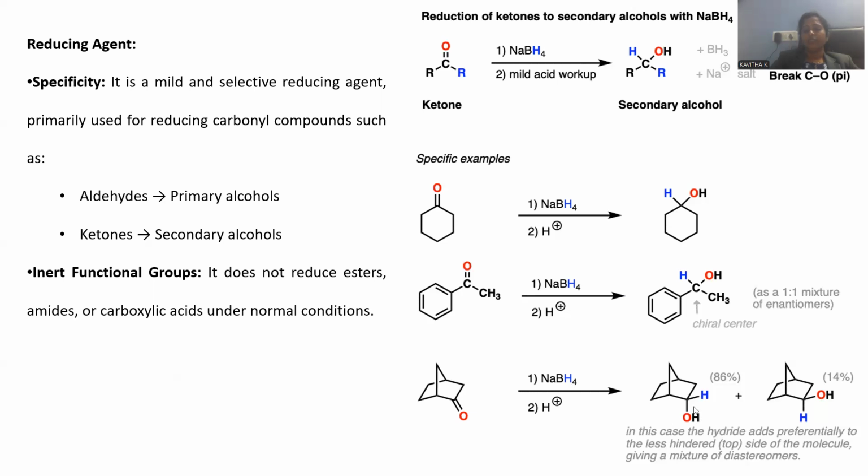Acetophenone was taken, sodium borohydride is added under acidified conditions giving rise to secondary alcohol, and this is a bornanone type of complex, a bridgehead compound, added with the reducing agent giving rise to secondary alcohol. And there is a provision to generate axial hydroxy and equatorial hydroxy over there. Axial is more predominant over the equatorial hydroxyl functional group. This is because in this case hydride adds preferentially to the less hindered side.